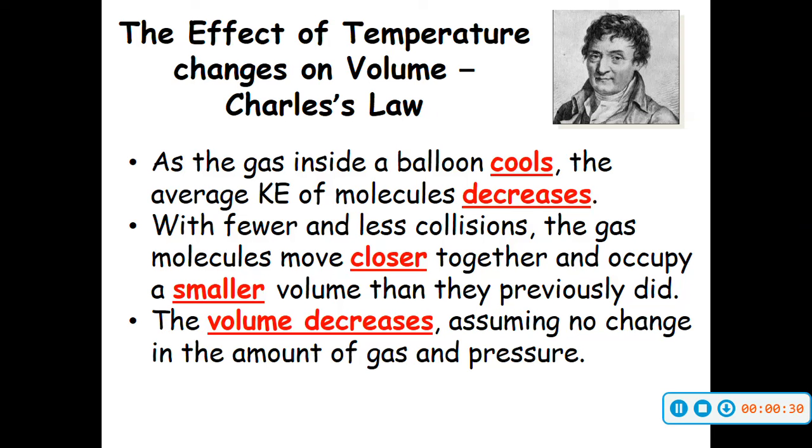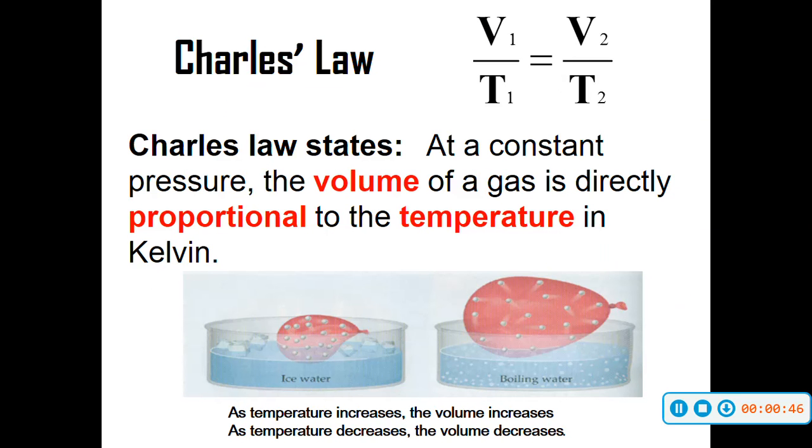previously did. Because again, they're colder, there's going to be less movement of those molecules, so they don't move as far, they're closer together. So the volume decreases, assuming no change in the amount of gas and pressure. With that explanation, we end up with an equation that looks like this: V1 over T1 equals V2 over T2. So at a constant pressure, the volume of a gas is directly proportional to the temperature